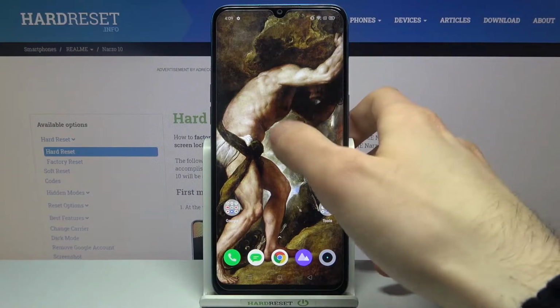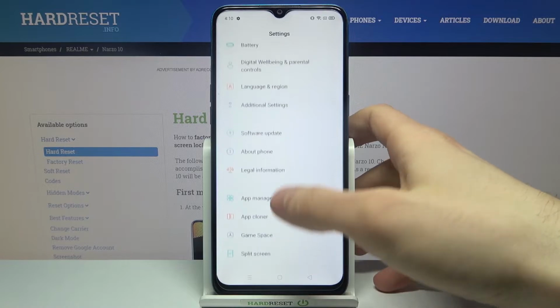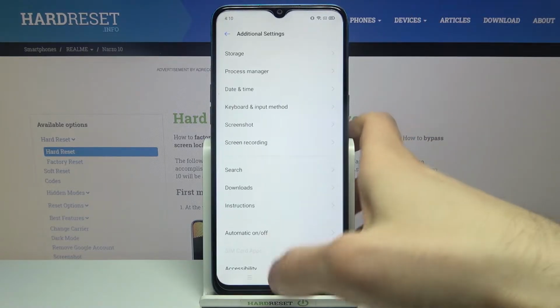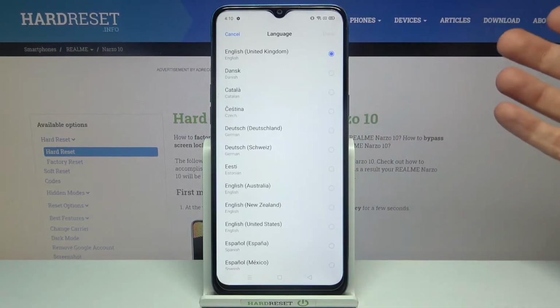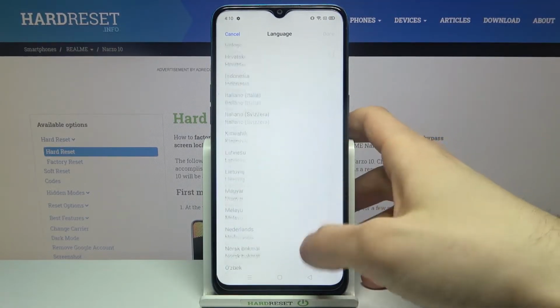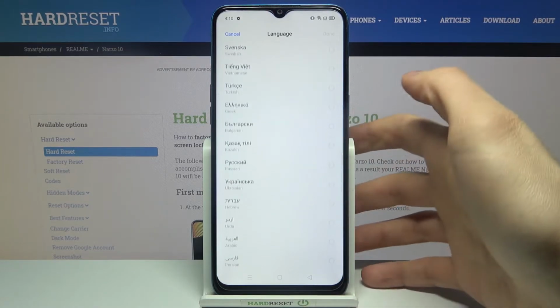So firstly, you will have to open settings, then you have to enter additional settings, language and region, then go to language, and here you have the whole list of languages in which you can set up your device. Let's select, for example, Ukrainian,